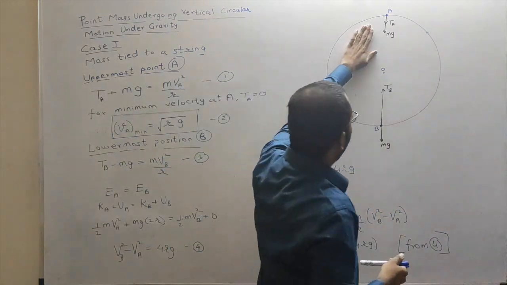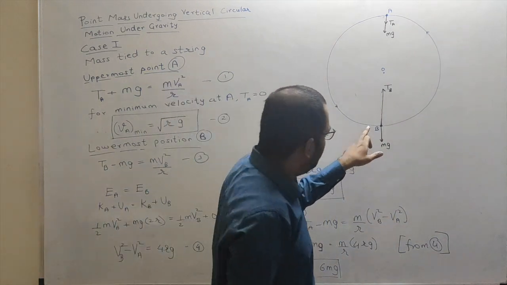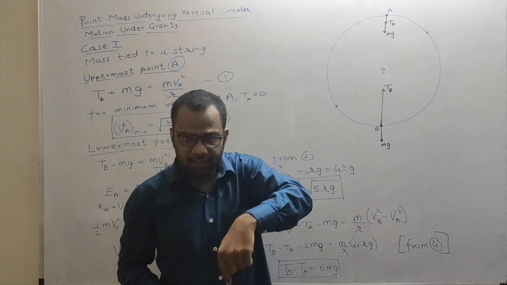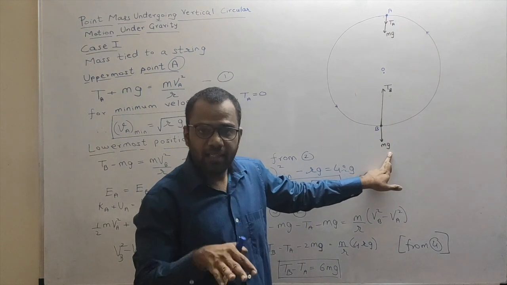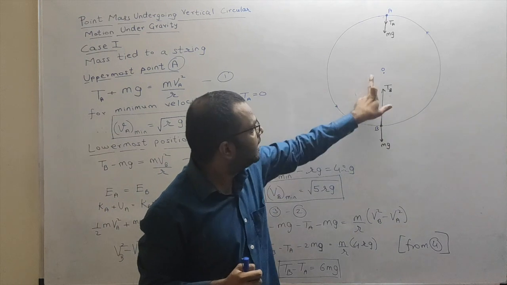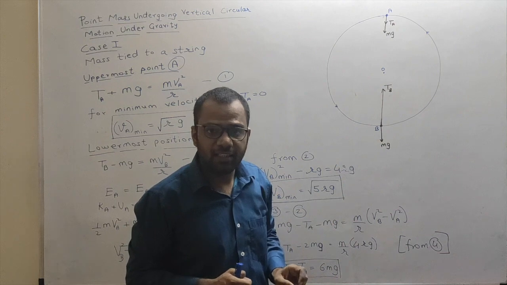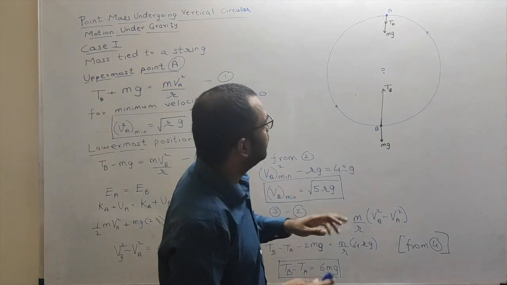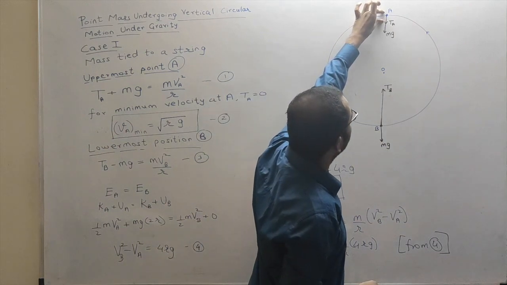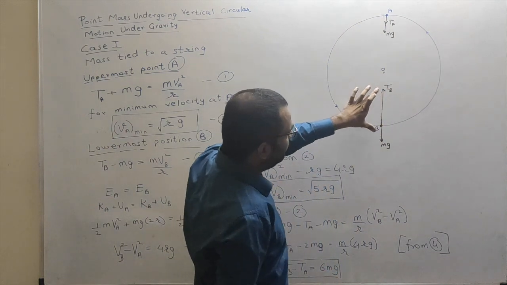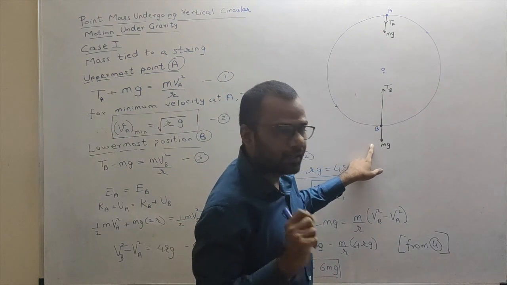Okay, so this was about the uppermost position, point A. Now we'll talk about when the particle is at the bottommost position, that is B. At B, mg is still in the downward direction. Again, the tension in the string, as we discussed, is towards the center along the radius. So this is the tension in the string Tb. Now look here carefully. I have shown Tb vector this much and Ta vector was smaller. Now here Tb vector will be greater. Why? The tension in the string at position B will be greater.